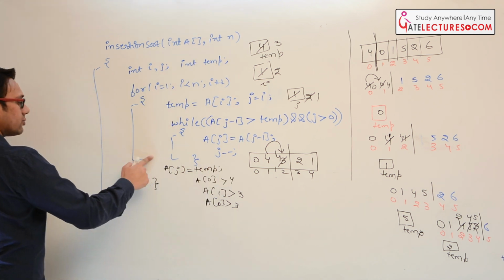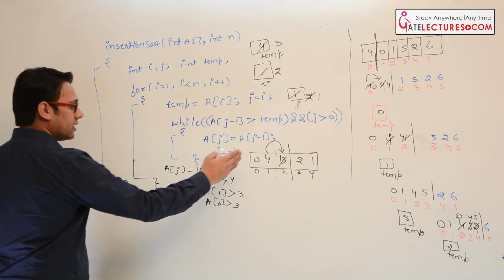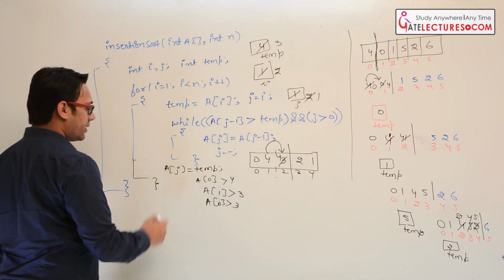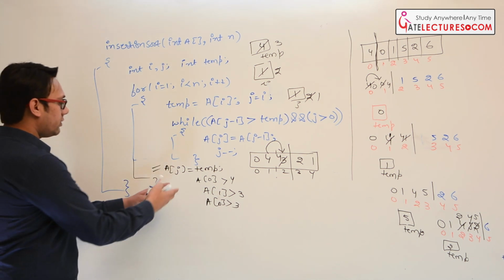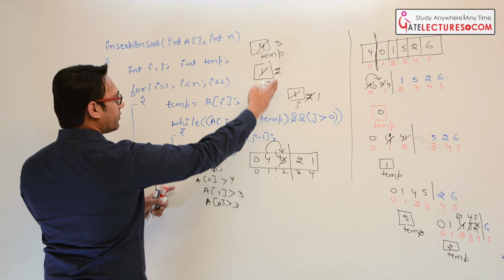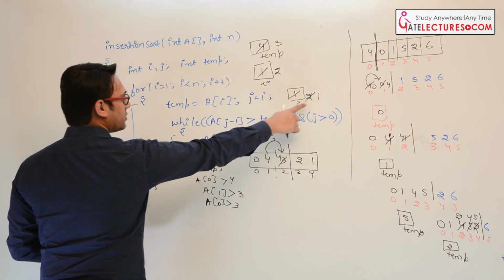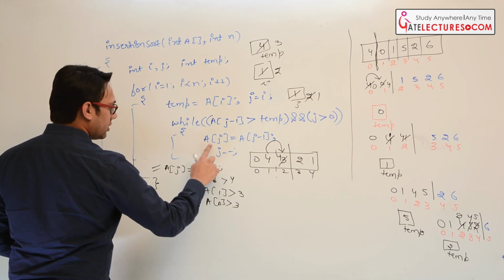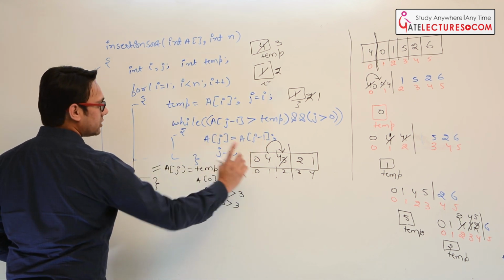Again, we have to add the small piece of code here to make the program complete, because in this case we are comparing with the next element, but we are not going to store this element here. Now, if you see this, the value of temp is now, what is the value of j? It is 1. Now a of 0 is greater than temp? No, this is not greater than temp.